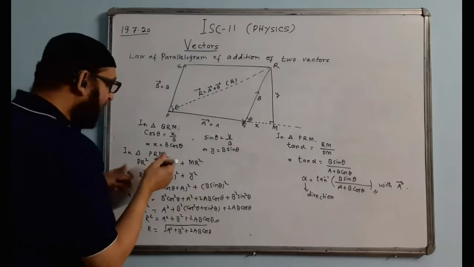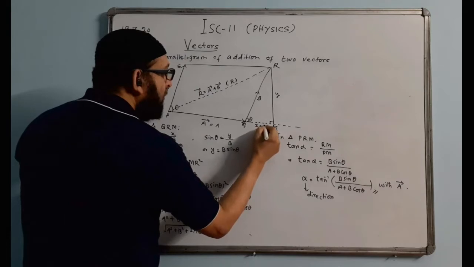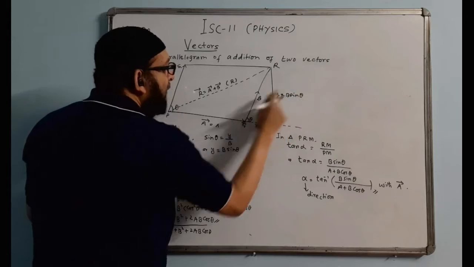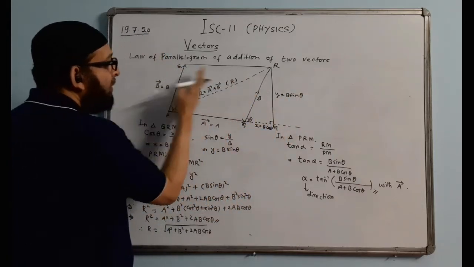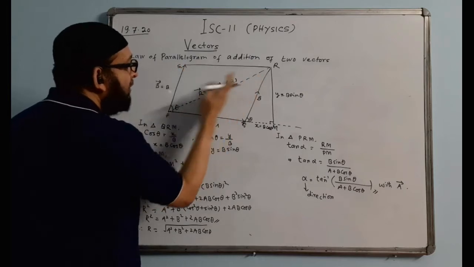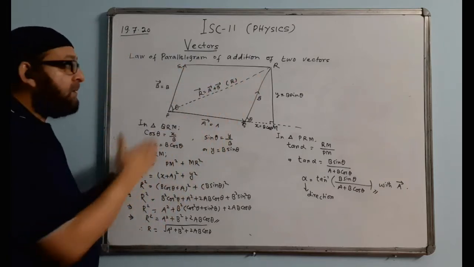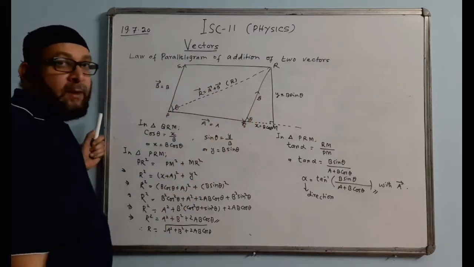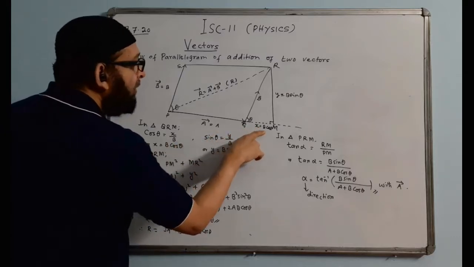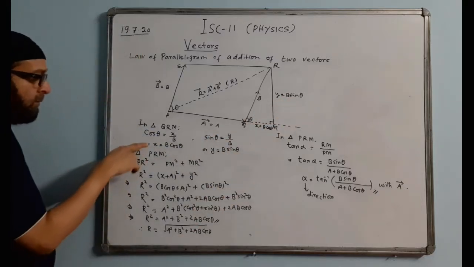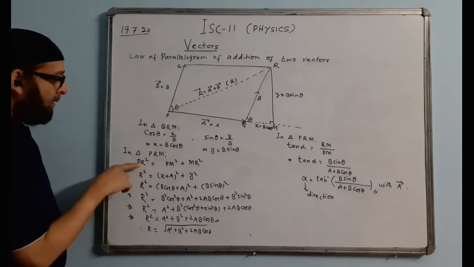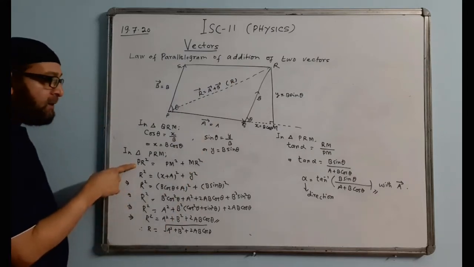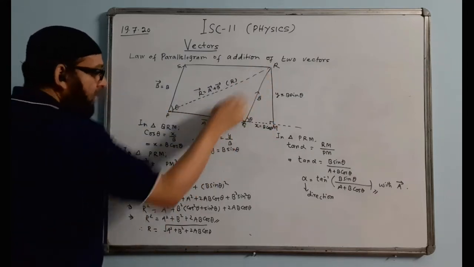So after finding the x value, we can put it back: x is equal to b cos theta. Y value we can write b sin theta. Why is it b? Because these 2 are opposite sides, they are in the same direction and they are parallel, same direction and equal in size. So this is b, so this automatically will become b. So now we have x value b cos theta and y value b sin theta known. Now in triangle PRN, in a right angle triangle, we are using the Pythagoras theorem. PR square is equal to PN square plus RN square.